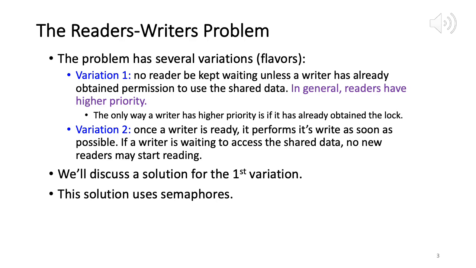Okay, so now we are on slide 3 and we will now discuss this readers writers problem in more detail. So naturally, when we have two classes of processes, one question comes: which one of them will get a higher priority? If at a particular point of time you have a reader and a writer process both ready to read or write, who gets a higher priority? Likewise, if you have a set of readers, among those readers who gets the highest priority? So there are definitely priorities involved, right?